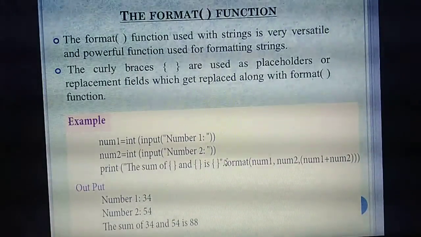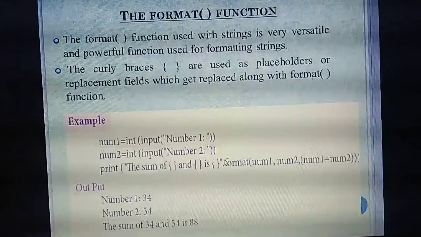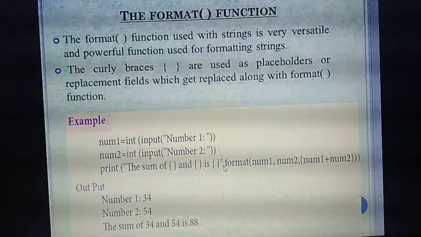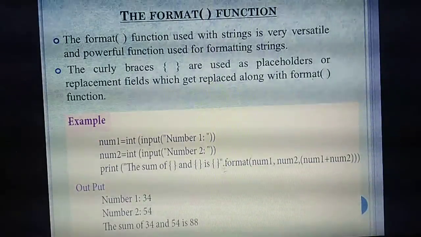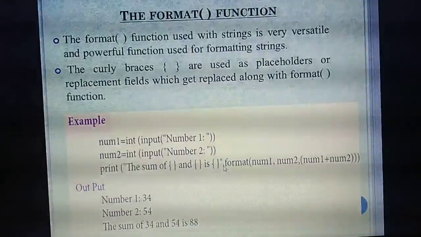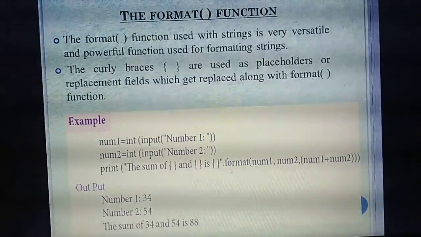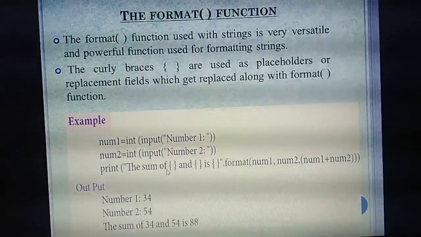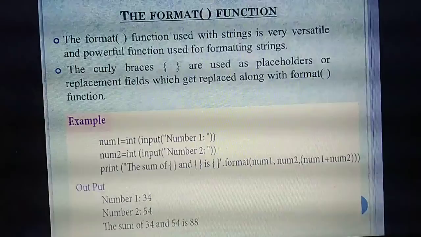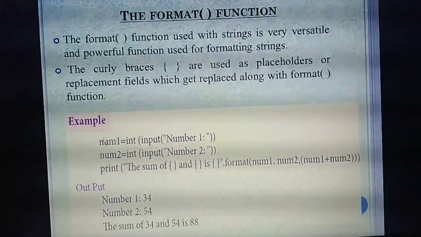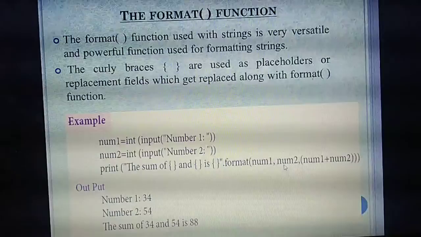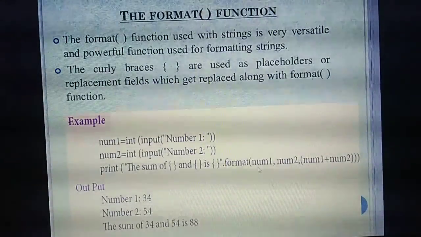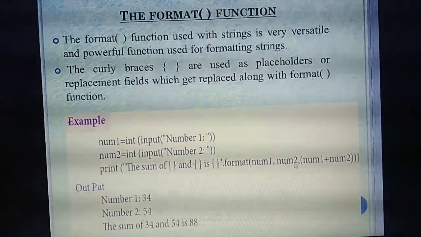The formatter function. So what is the syntax for using the formatter function? It starts with format of. Always remember, after the string you should put one dot, then the format function. Listen here: how many numbers are you entering? Based on this only you can give the curly braces. How many numbers? Two. What are the numbers? num1, comma, num2. The values you enter here will be stored in the curly braces. Understand? So format of num1, comma num2.